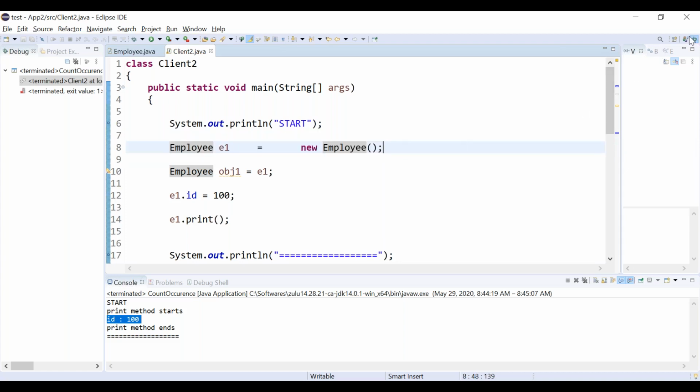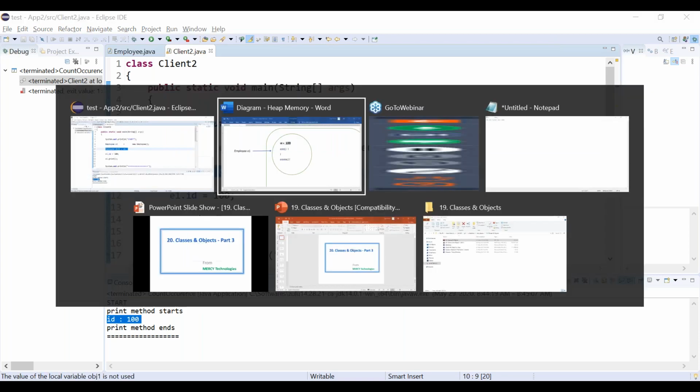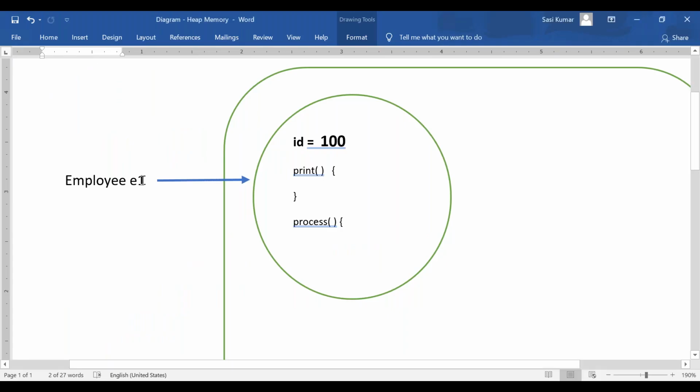So in the next line, what we are doing is assigning a reference variable to another reference variable. Listen carefully. You can assign a reference variable to another reference variable.